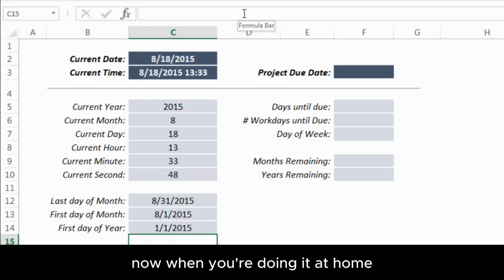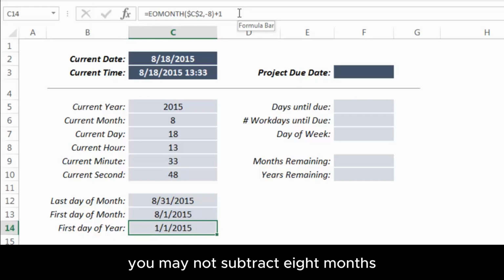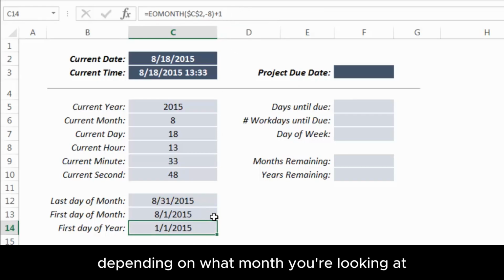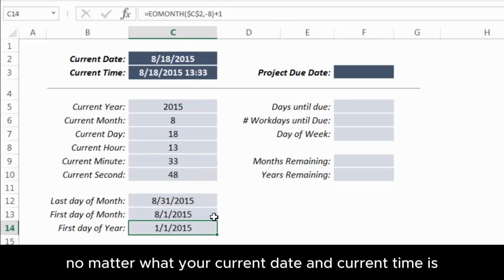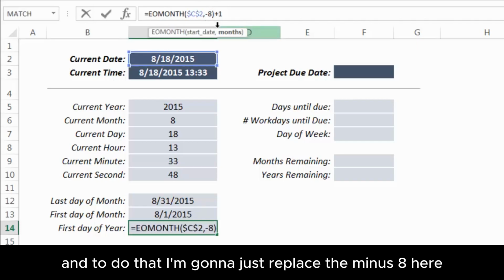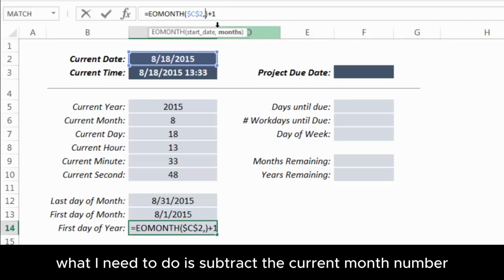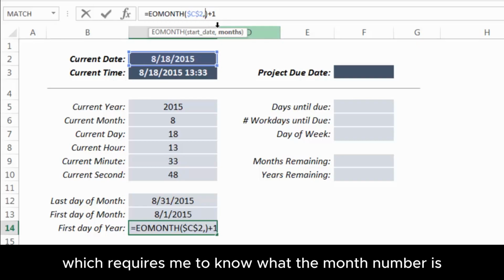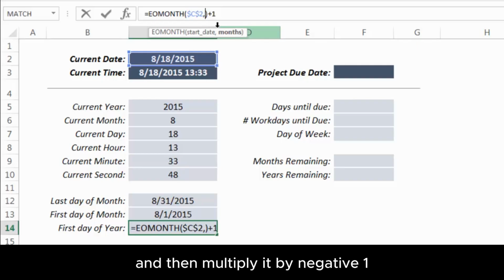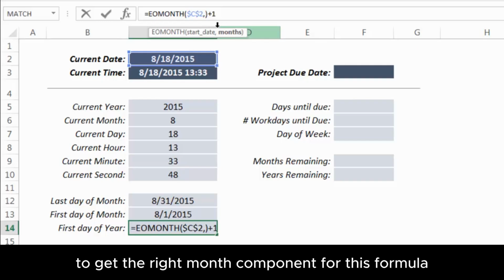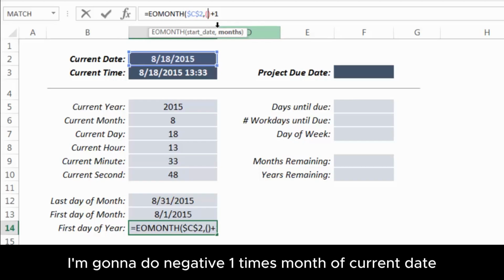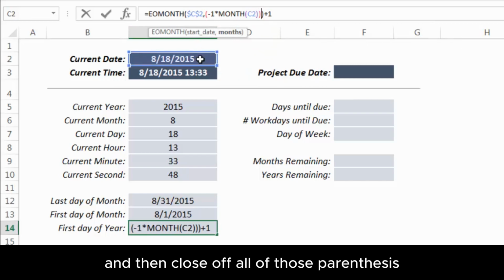Now, when you're doing it at home, you may not subtract 8 months depending on what month you're looking at. So we can modify this formula to make it work no matter what your current date and current time is. And to do that, I'm going to just replace the -8 here. So what I need to do is subtract the current month number, which requires me to know what the month number is and then multiply it by -1 to get the right month component for this formula. So in parentheses, I'm going to do -1 times month of current date,